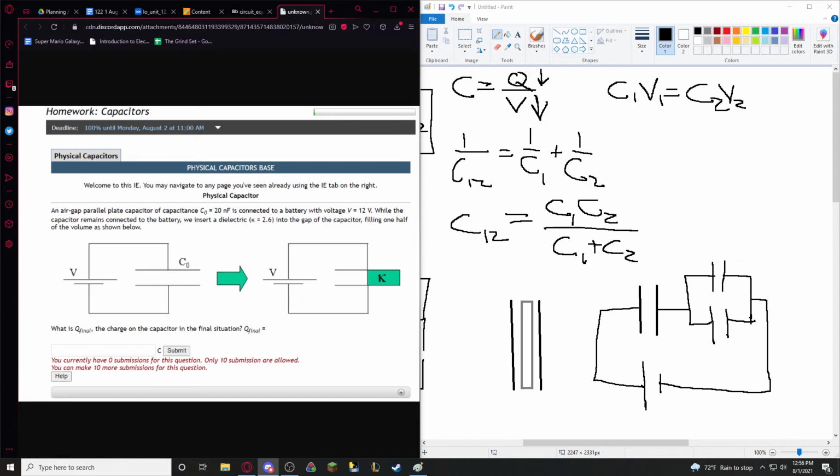Well, okay. I believe the capacitance should be about 4 times as much. I'm trying to remember. The capacitance definitely increases because the potential increases. The voltage stays the same. Mm-hmm. So